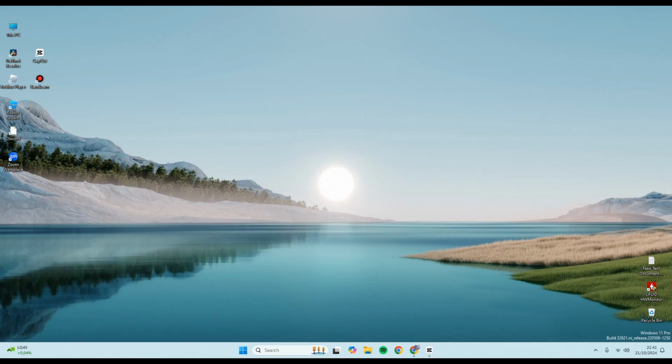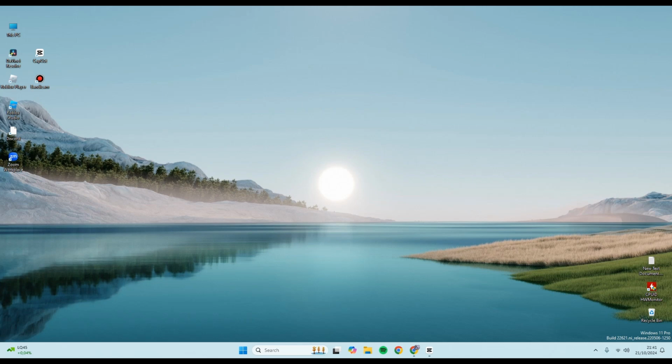On today's tutorial, I'm going to show you how you can turn on the focus mode on your Windows 11 computer or laptop. So here, if you got some deadlines or if you got some work to do and you don't want to get disturbed with emails or any notifications from your computer, you can try to turn on the